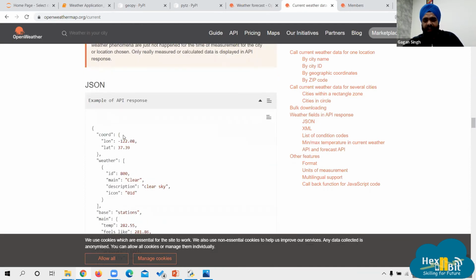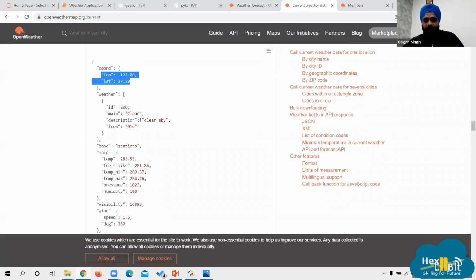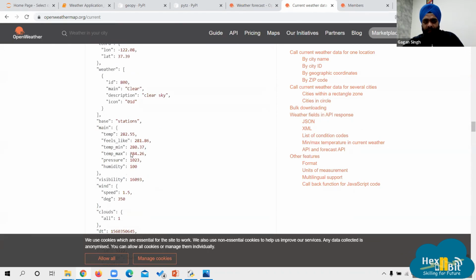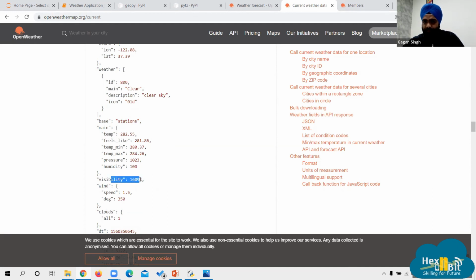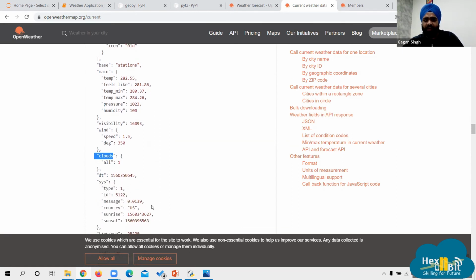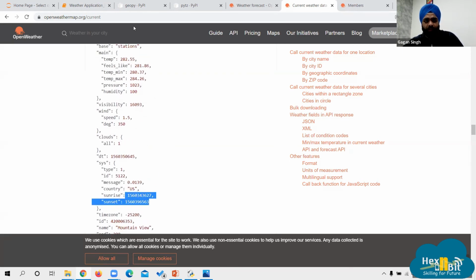This is how the data appears in JSON format. You get the lat long, and this is dictionary-based data, so we are extracting the information from it. Temperature, visibility up to how many kilometers, wind speed, clouds, whether there will be rain or not, sunrise and sunset of that particular day, you can get all of that.